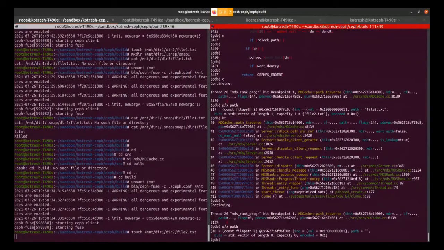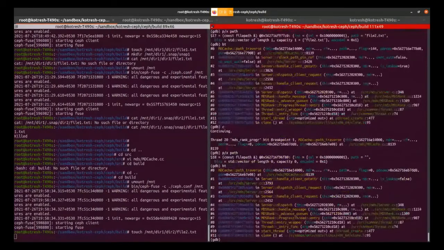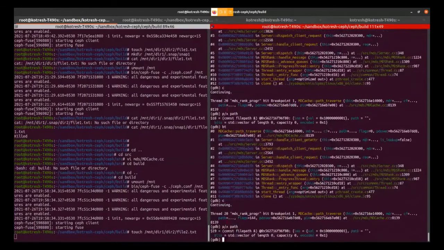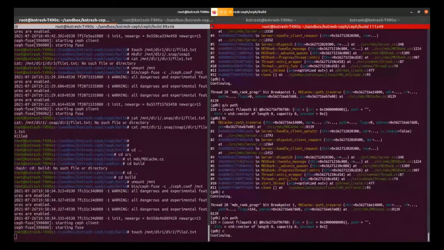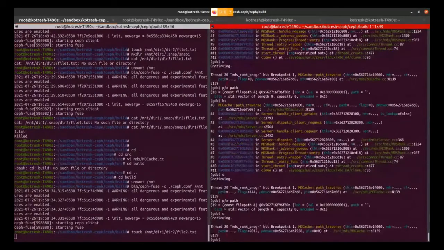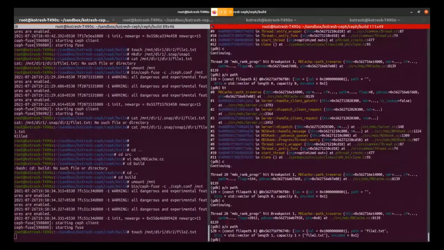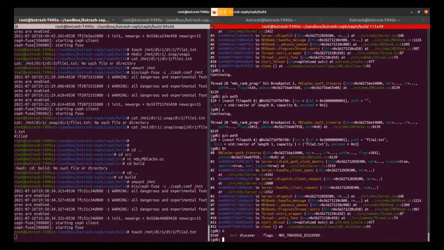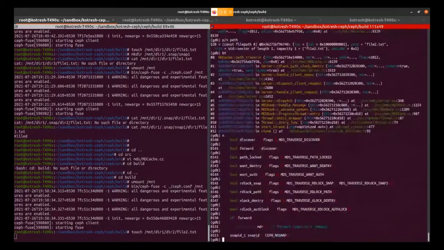Now this is for the client side. It will return the inode for that particular inode number. Again, the same thing. One more. Yeah, now the actual create came with the open. Now I think it will return int and then